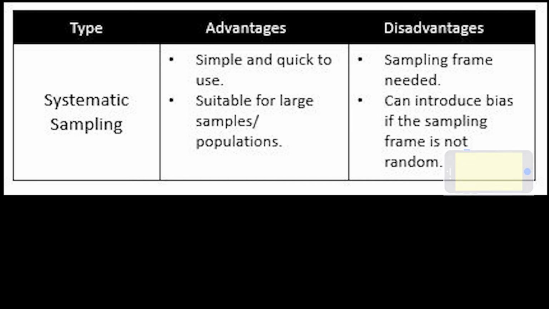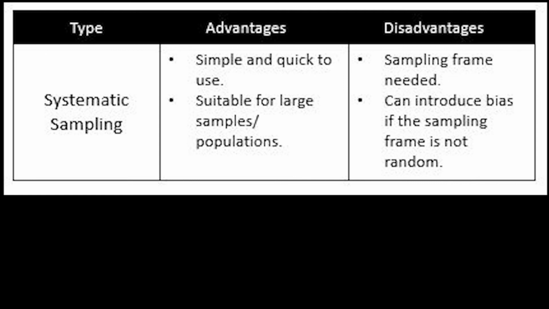So an advantage is that it's simple and quick to use, and you saw how quickly I was able to generate the sample in the example just here. And because of that, it actually makes it very suitable for large populations, for large samples. Not only if I had the sampling frame and I was selecting them from a list in front of me, but also in a factory, if we're on a production line, it is quite simple to just know that every hour, on the hour, you're going to take one of the light bulbs and it's going to be tested. Every hour, on the hour, you're going to take one of the cupcakes and you're going to do a taste test. Or you're going to take one of the mobile phones and you're going to do a stress test. So a systematic sample is quite simple to take,